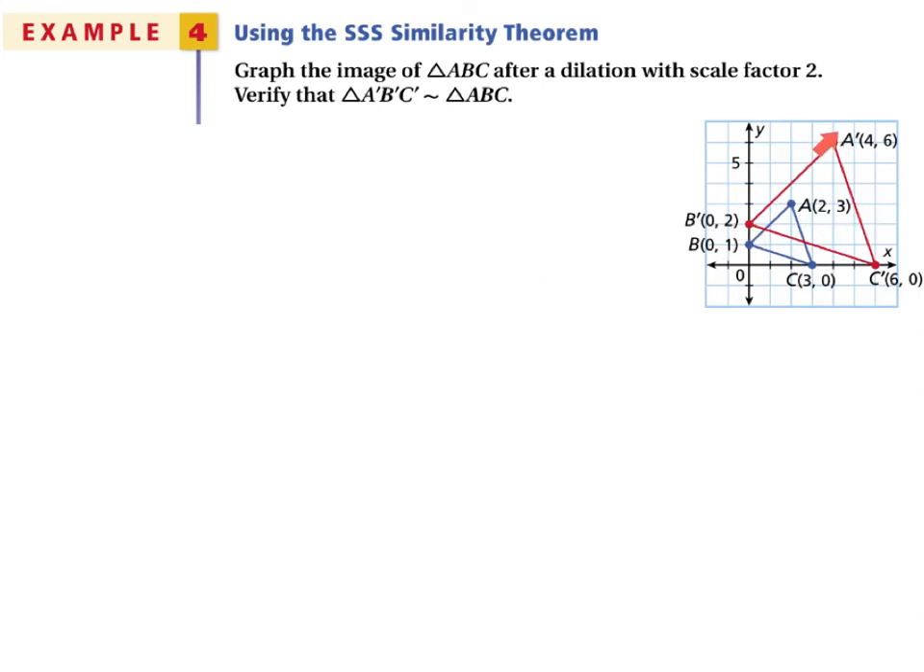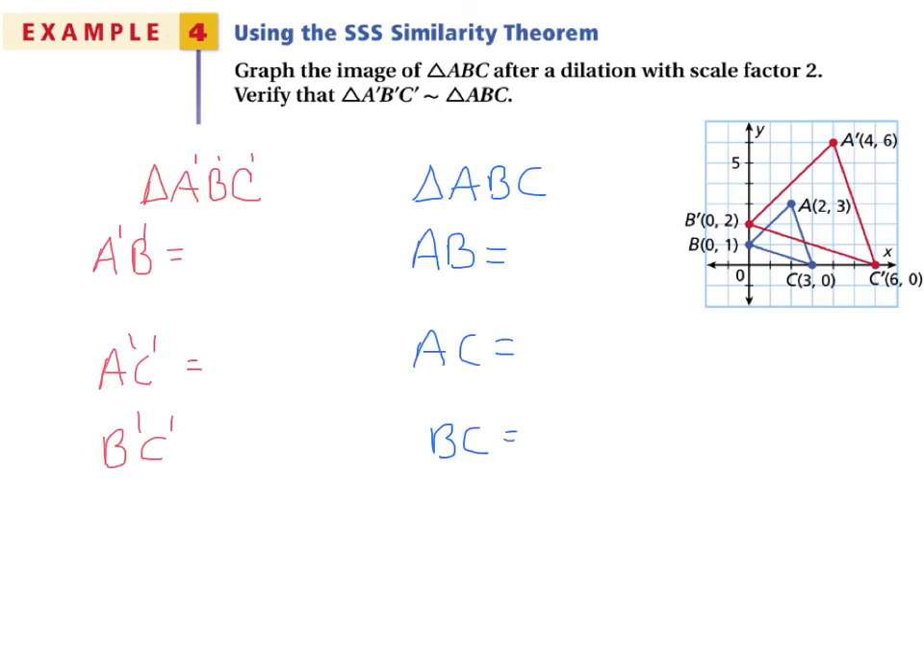Now here we can follow the same rules, but we can't use side angle side because there are no angles that are shared. So what we have to do is use side, side, side. So we have to find the lengths of all 3 sides of both triangles. I'm just going to go ahead and tell you what they are because you can find the distance on your own. A'B', if you simplify it, would be 4 root 2. A'C' would be 2 root 10. And the length of B'C' would be 2 root 10 as well. The length of AB would be 2 root 2. The length of AC would be root 10. And the length of BC would be